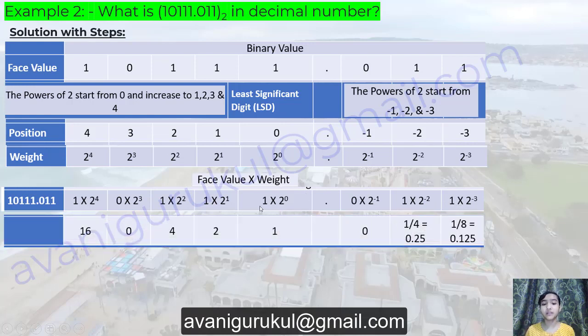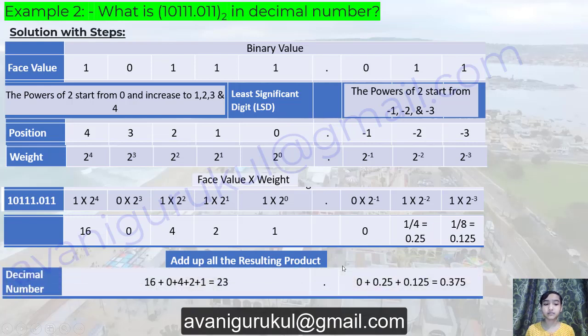Its values are 1 multiply 2 to the power 0 is 1, 1 multiply 2 to the power 1 is 2, 1 multiply 2 to the power 2 is 4, 0 multiply 2 to the power 3 is 0 and 1 multiply 2 to the power 4 is 16. And from this side, 0 multiply 2 to the power -1 is 0, 1 multiply 2 to the power -2 is 0.25 and 1 multiply 2 to the power -3 is 0.125. Add up all the result products, that is 16 plus 0 plus 4 plus 2 plus 1 equals to 23,